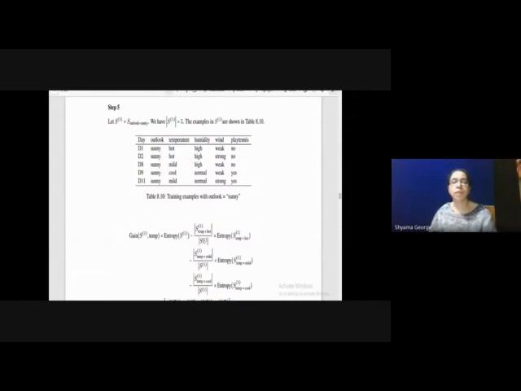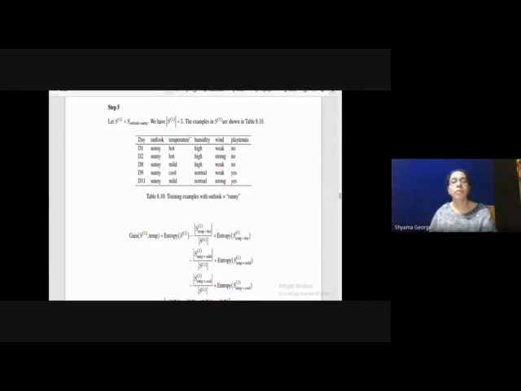Then for temperature, there are three values: hot, mild, and cool. So there will be entropy hot, entropy mild, entropy cool. Based on these values, we can find out the entropy as temperature. Entropy S temperature is equal to mild. Entropy S temperature is equal to cool. And the total S is, in this case, 5: 1, 2, 3, 4, 5. So this is the formula for finding out the best attribute.